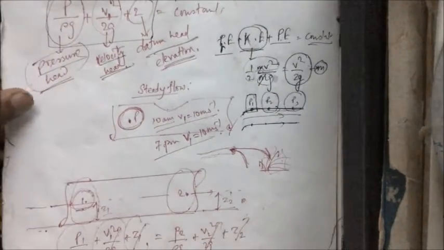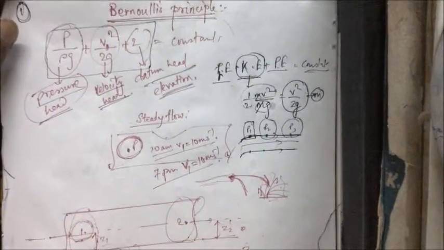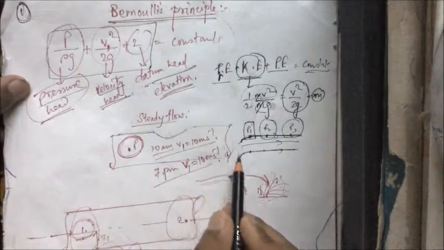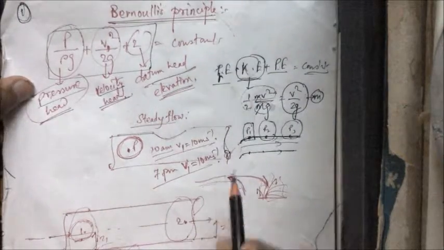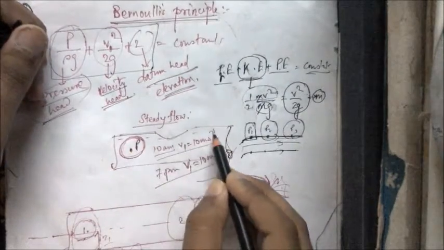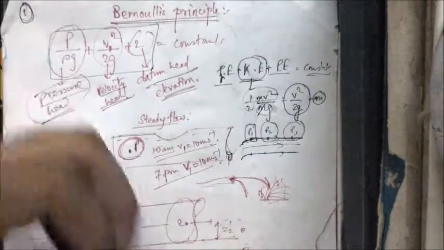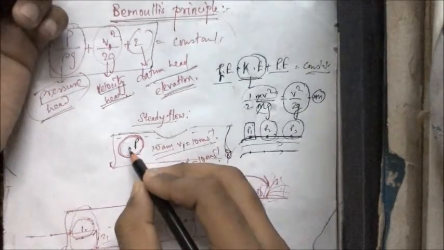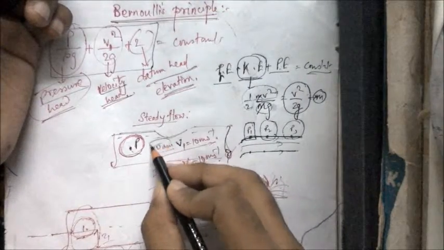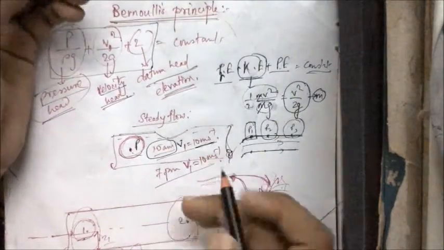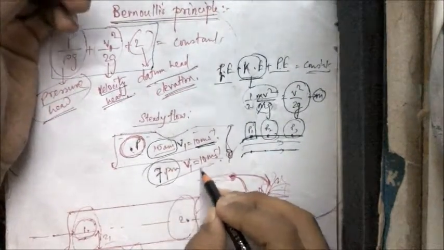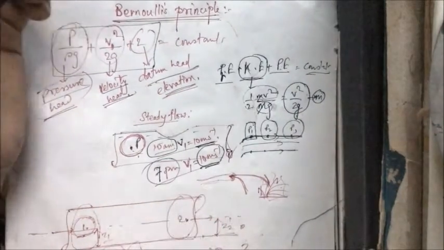Now, if you don't have the concept of steady flow, no problem, I'm going to discuss it here. See, this is the figure. Suppose this is a pipe of any type, any cross section. Suppose I'm considering a point P, and liquid is flowing through this pipe. Suppose I'm seeing the velocity at point 1 at 10 a.m. in the morning. I am finding that the velocity is 10 meters per second. I will observe that at 7 p.m. in the evening also the velocity is 10 meters per second at this point P.